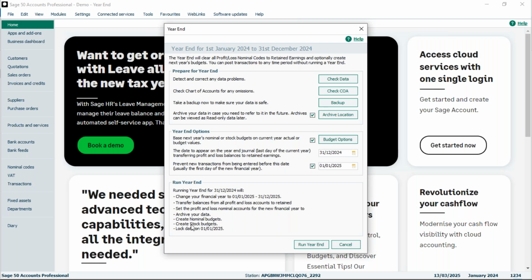I've then got two options that refer to the budgets because again, I've ticked it and I left the options ticked within it. And then that final option refers to the lock date because obviously I've left that ticked and I've set that date as well. But other than that,